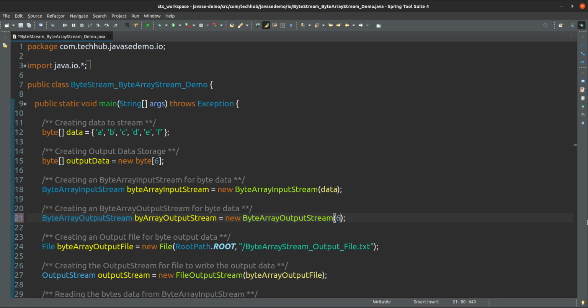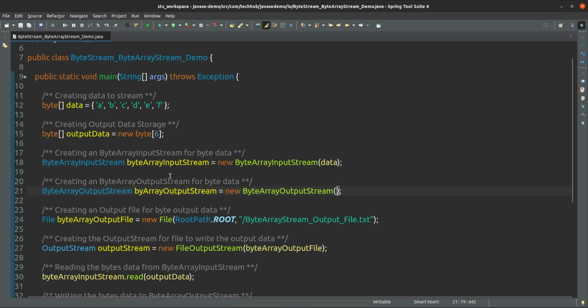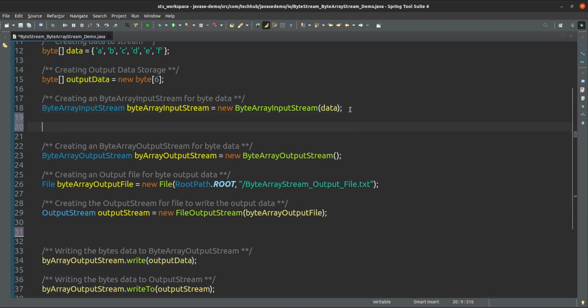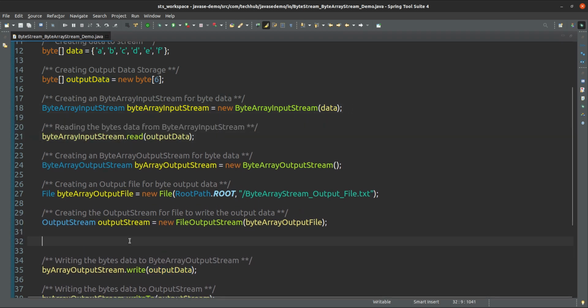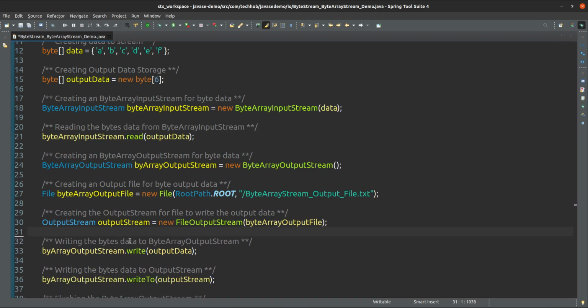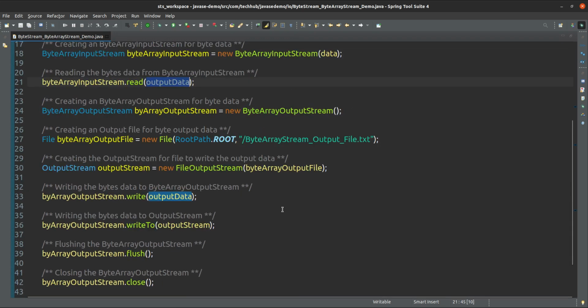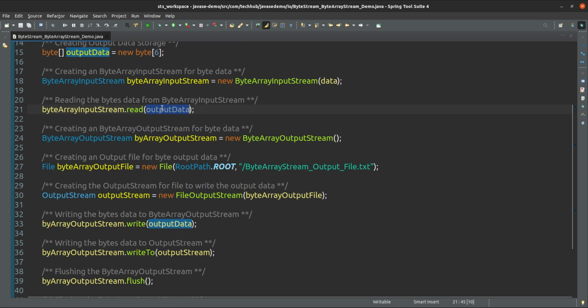And for this byte array we have to write. So what we are doing here: from this input stream array we are reading all the data into this one. Suppose you can read, we can give this statement here, no issue. We are reading all this data here. So we have taken this data into this one, and after that,